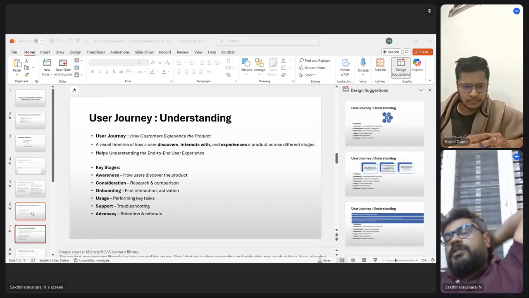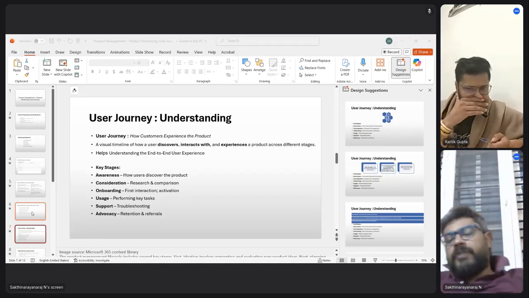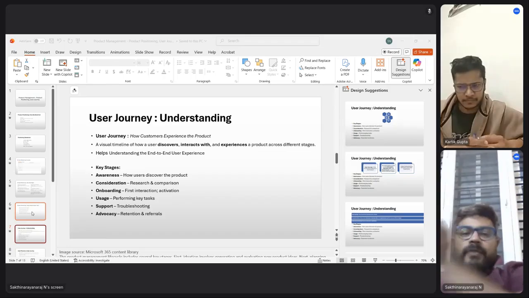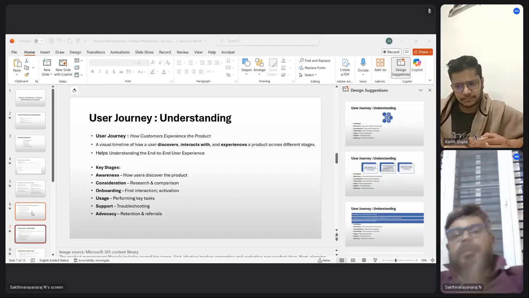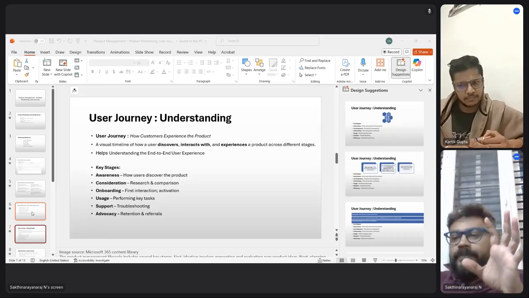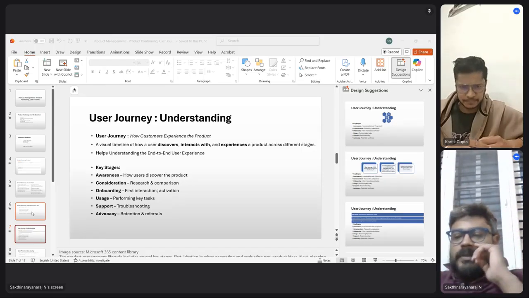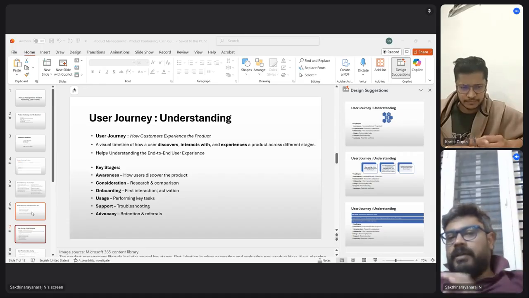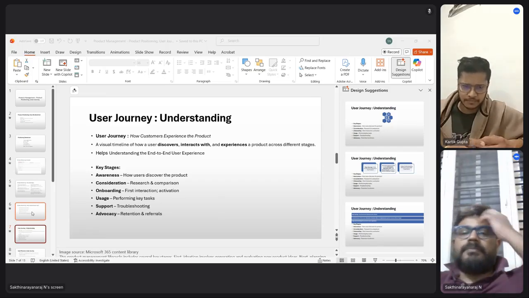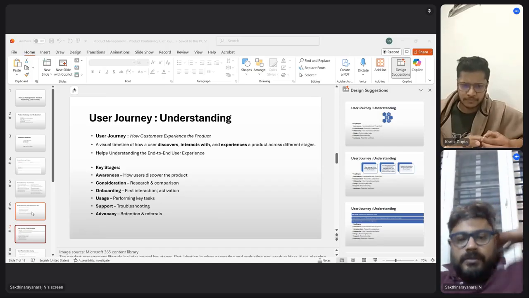He installs it, he logs in, he books a ride, he finishes the ride. This entire functional flow, the end-to-end user experience, and mapping that is called a user journey. It is pretty simple. It's just putting together a flow. Got it? Yes. Perfect. Let's move on.